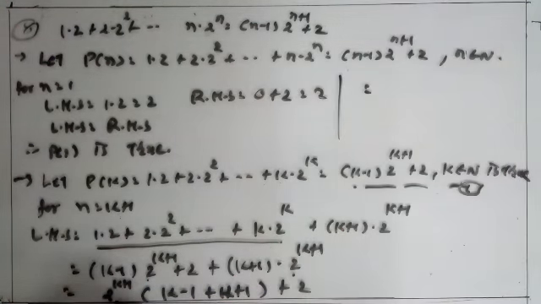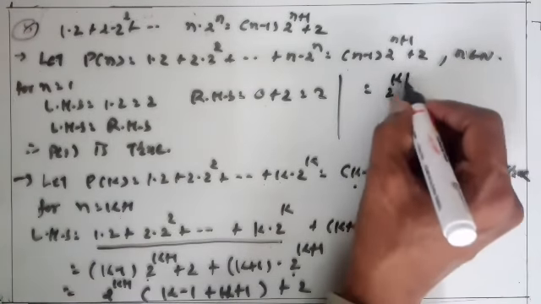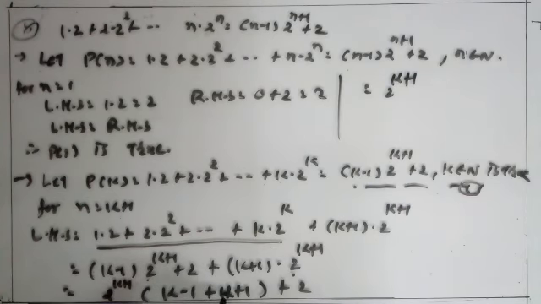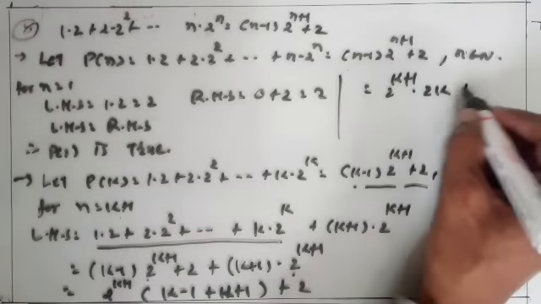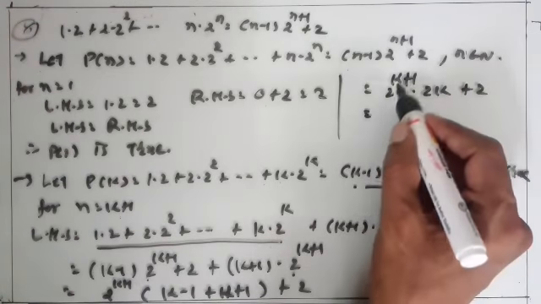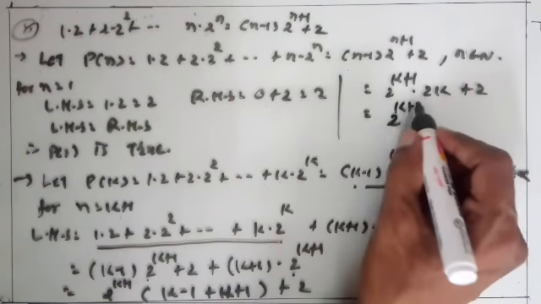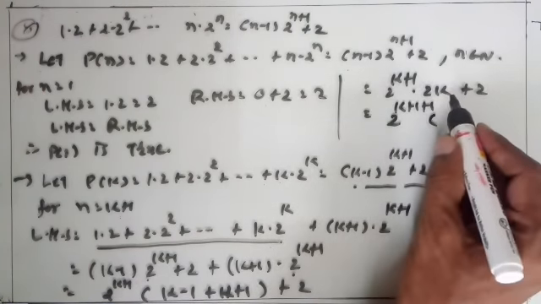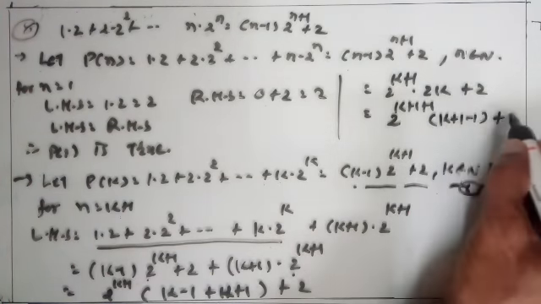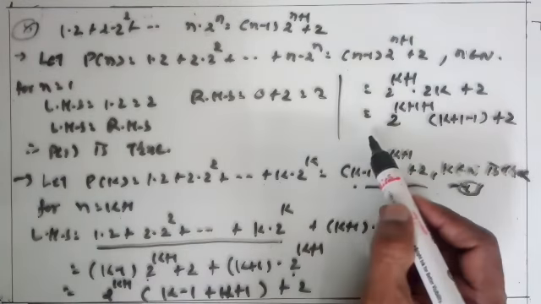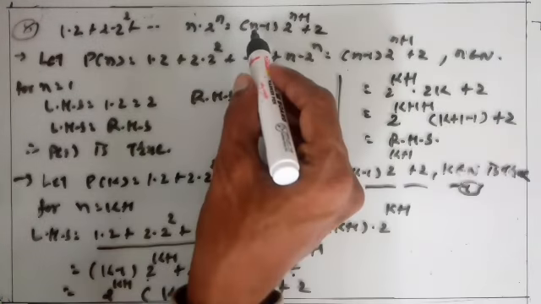So is equal to 2 raised to k plus 1. Here k plus k becomes 2k. Minus 1 plus 1 cancel. Plus 2. So is equal to 2 raised to k plus 1 into 2 becomes 2 raised to k plus 1 plus 1. Now k change into form of k plus 1 minus 1. So add 1 and subtract 1 plus 2. Clear? And this is true